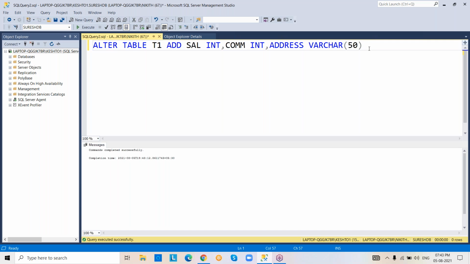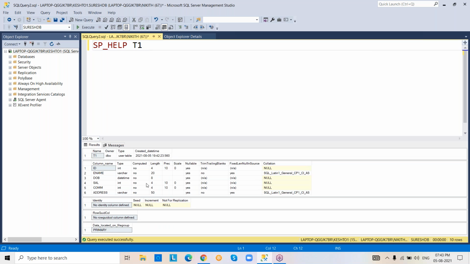New columns added to the table. By using the alter add command, we added new columns to the table. Any doubt? sp_help table name. Please check. Added or not? Check column names. Added.